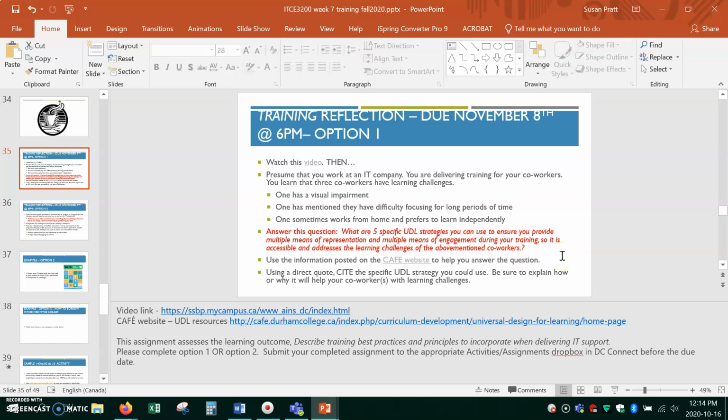so it's accessible. And I want you to use a direct quote, so cite verbatim, word for word, put it in quotation marks, your solutions using the information posted on this website, and explain how using this solution will help you address the coworkers with these specific challenges. Okay, so a total of 5 UDL strategies, not 5 for this, 5 for this, and 5 for this, a